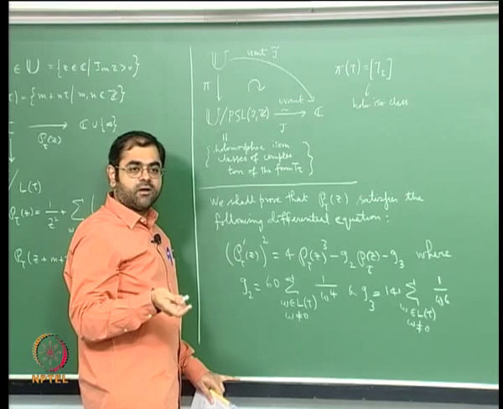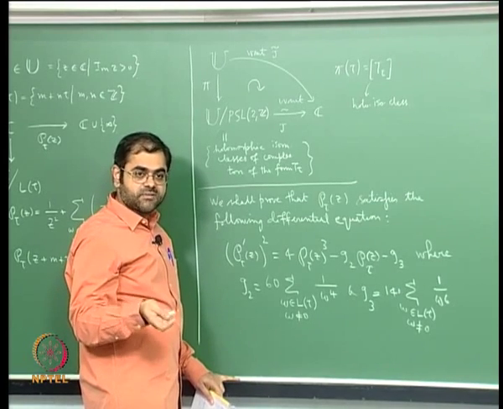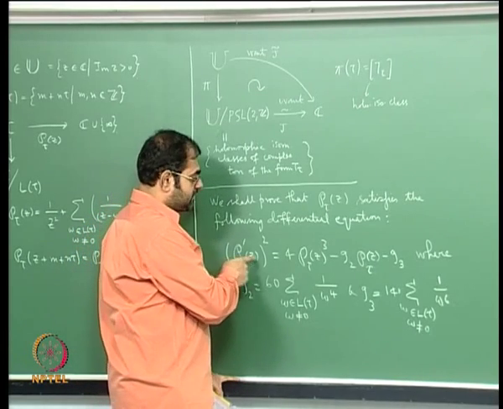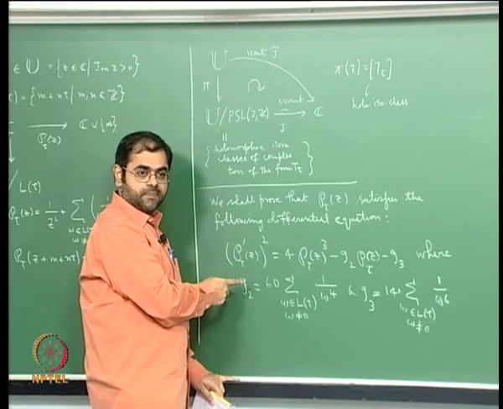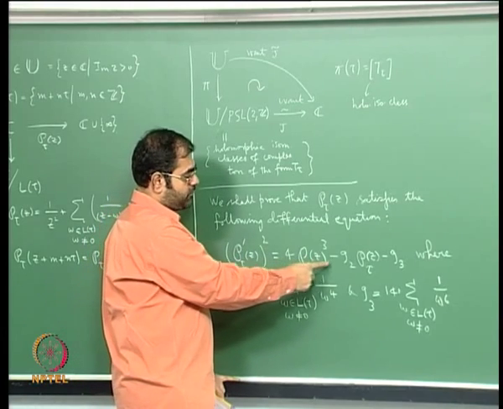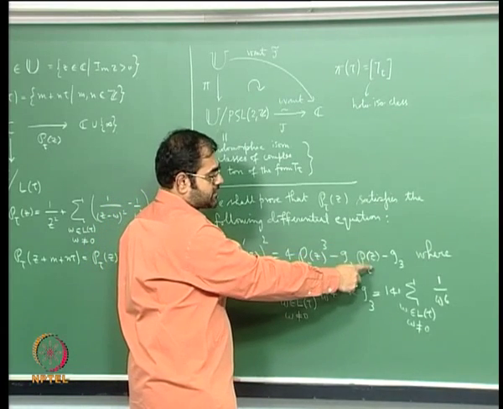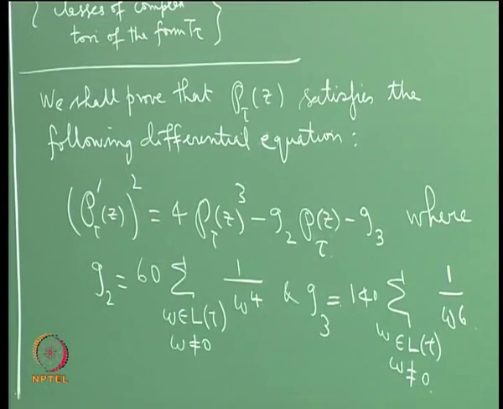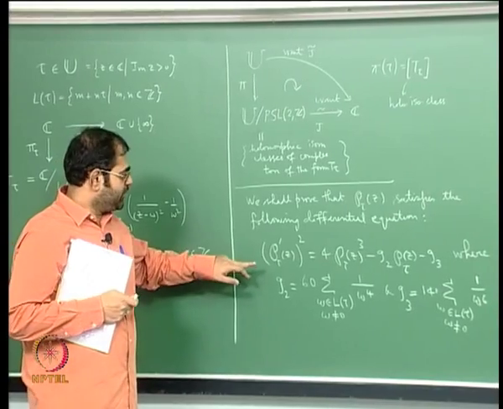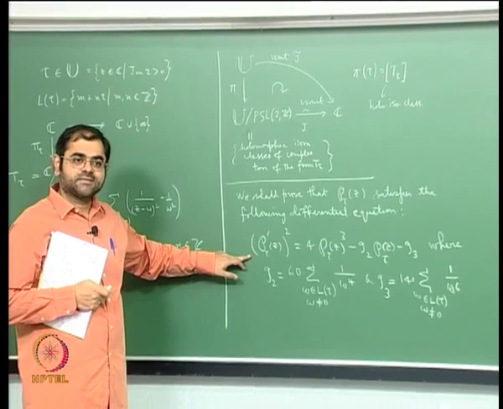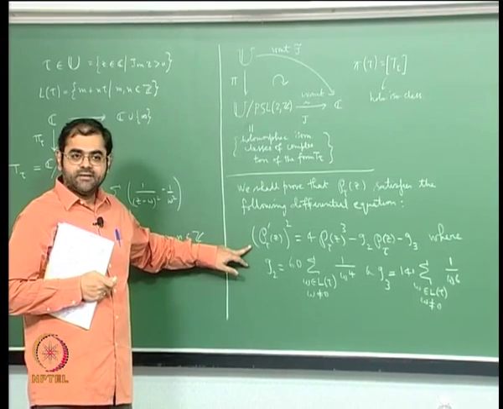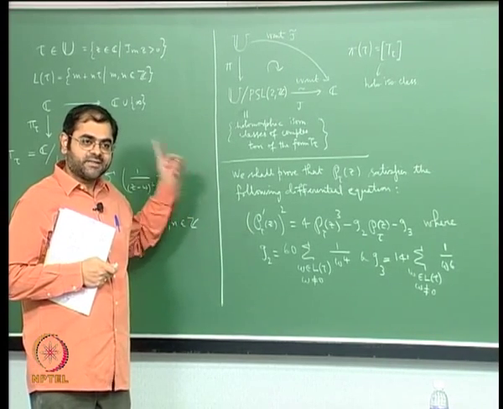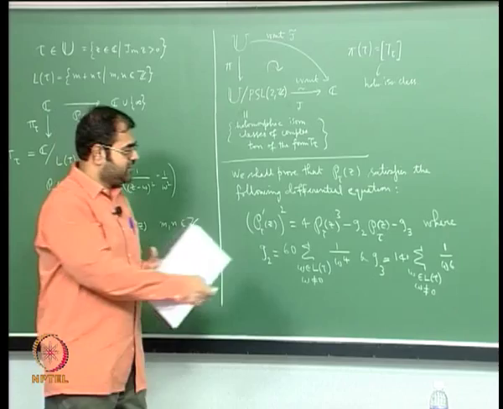So it is actually what is called an algebraic curve, and that algebraic curve is called an elliptic curve, and an elliptic curve will generally have an equation of this form: y squared is equal to 4x cube minus some constant into x plus another constant. So the beautiful thing is that doing so much analysis and calculus and getting this differential equation helps you to finally say that your object is algebraic. So we will see that also.